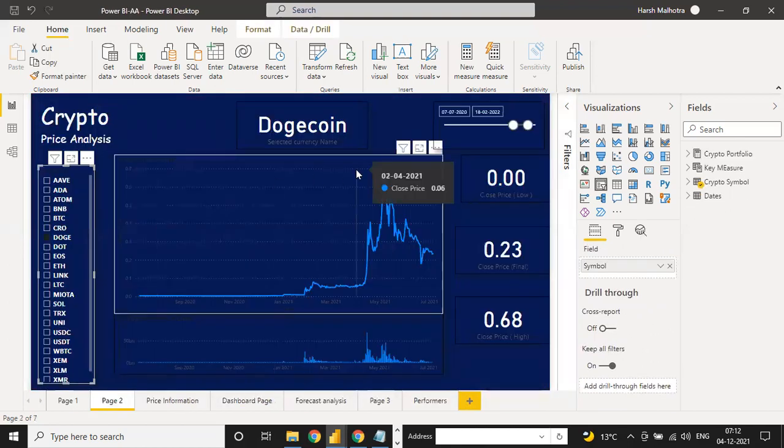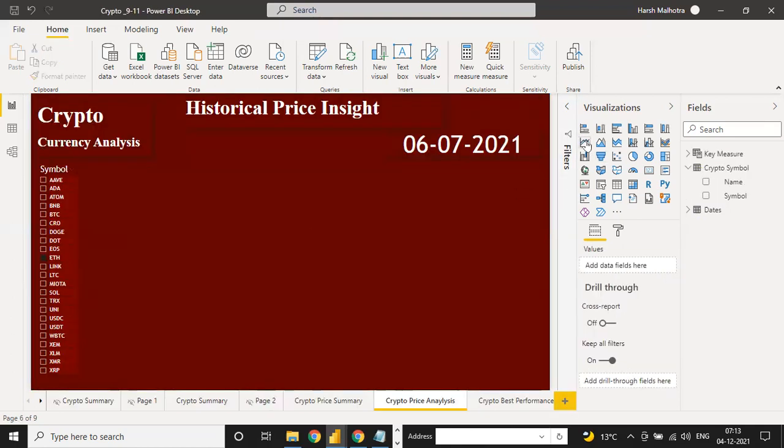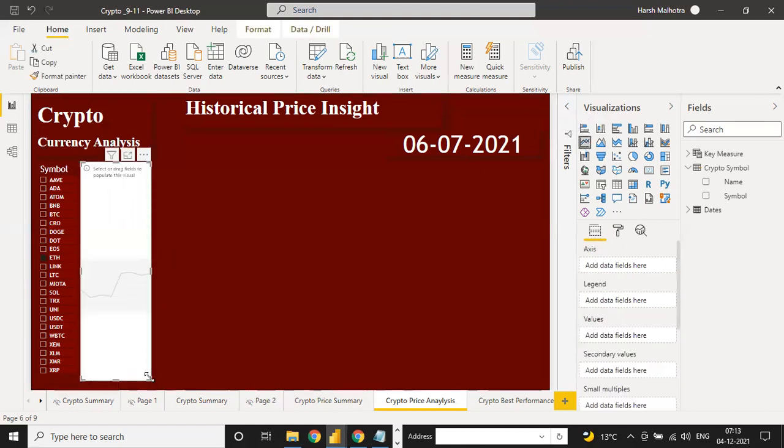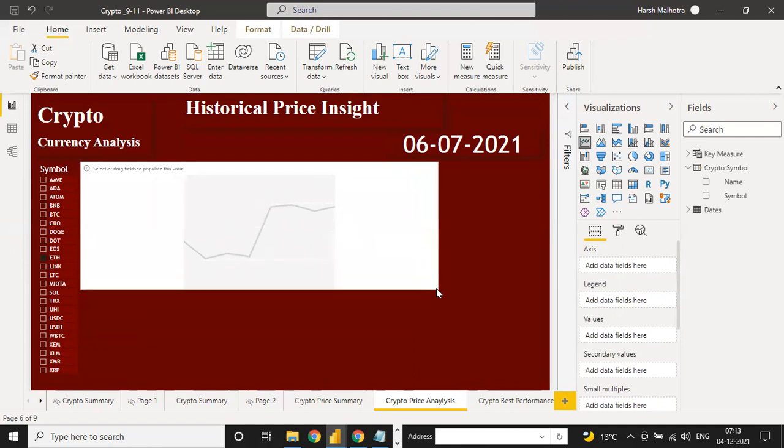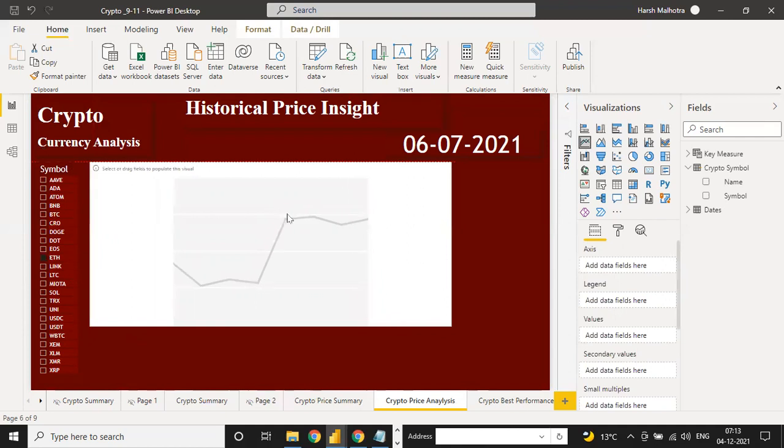Now the second thing, this is a line chart. Click this line chart and set it here.